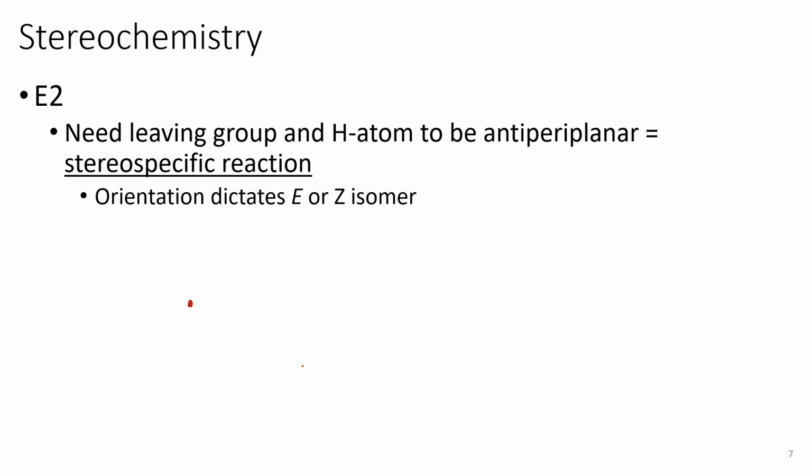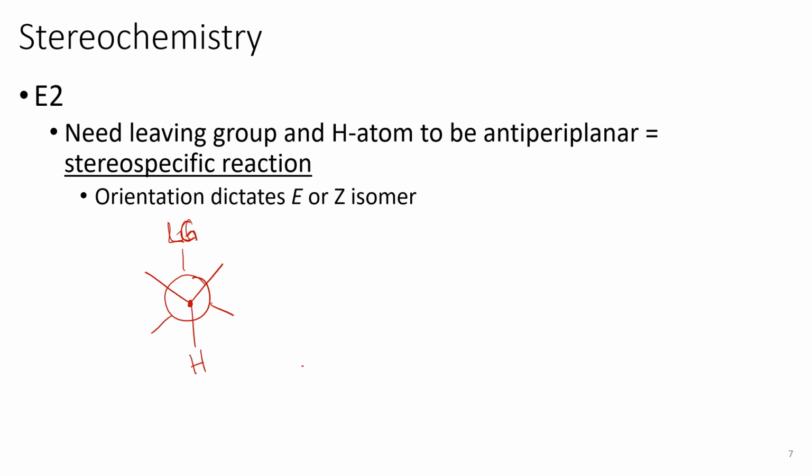So what we mean by this anti-periplanar relationship is I'm going to go into a Newman projection. And I'm going to look down the adjacent carbon atoms that we need the leaving group and the hydrogen to be on. And what we're going to see is that we need the leaving group and the hydrogen that is going to be pulled off by the base to have this anti-periplanar relationship, meaning they have to be anti to each other and they still need to be in the same plane as each other. So this Newman projection is what we need to describe the orientation our molecule needs to adopt in order to